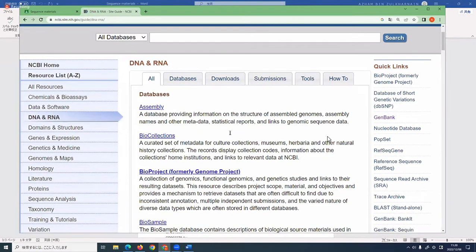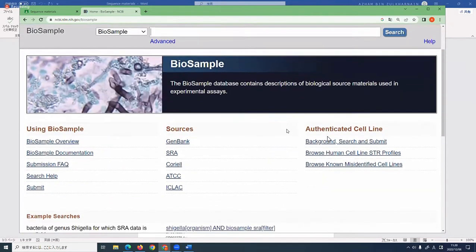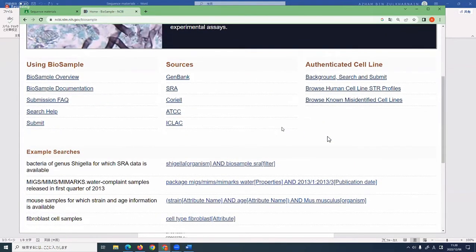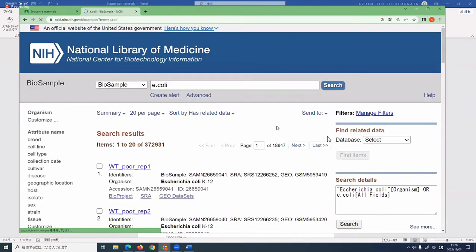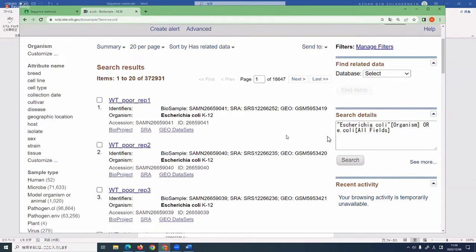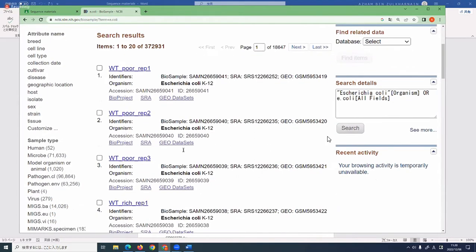So BioSample is where you can have a collection of different data. Namely, if you have a whole genome sequence, right, you submit here. Let's look at an example. Let's see E. coli. Let's do an example for E. coli. And this is a poor example because there's a lot of